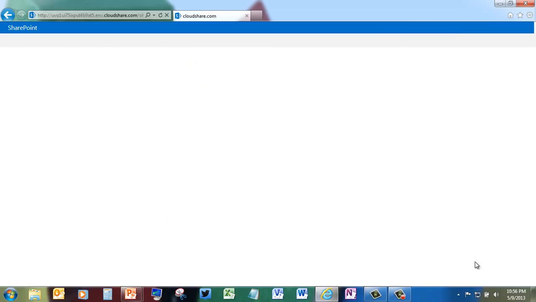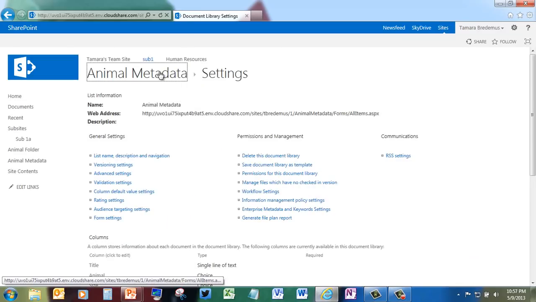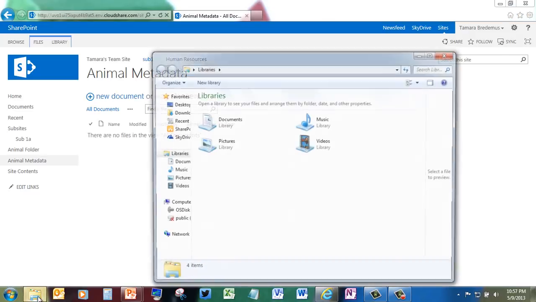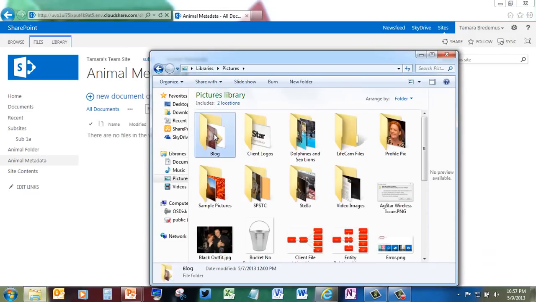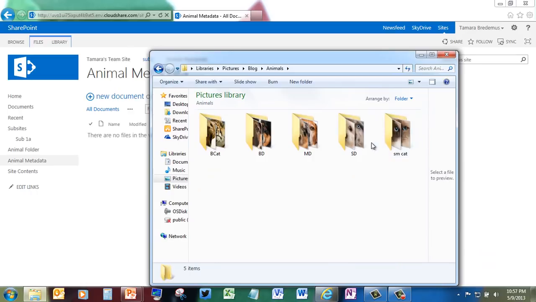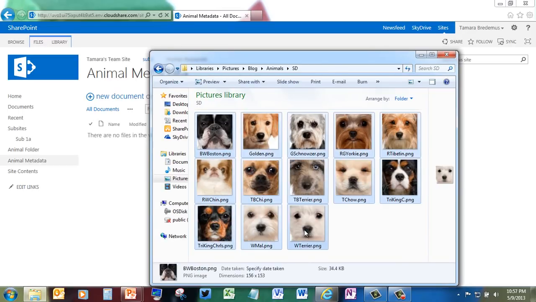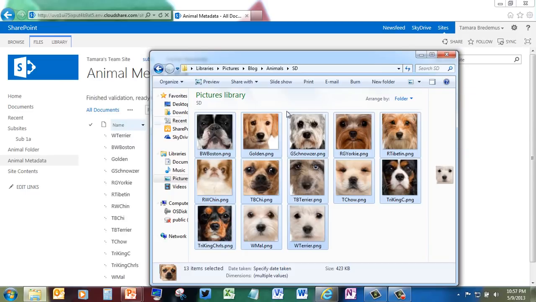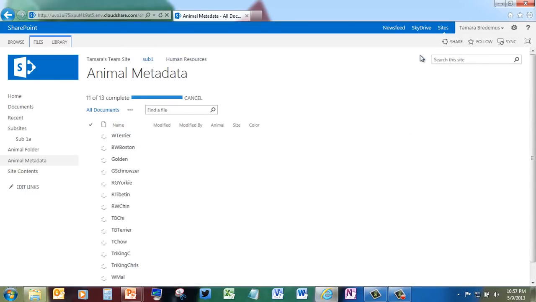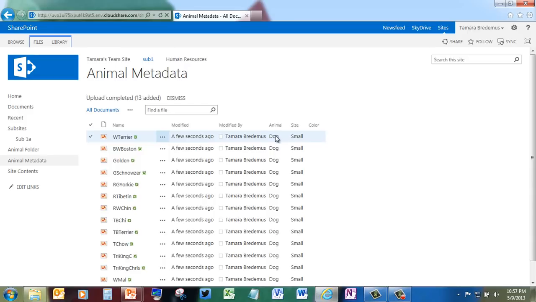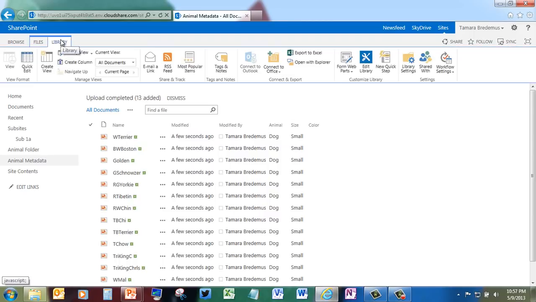Now, when I drag and drop my animal photos into the Animal Metadata Library, we'll go to small dogs. I will grab all of the small dogs and I will drag them and drop them. They are all uploaded. Notice they're all labeled dog, they're all labeled small, and now all I have to do is go into the